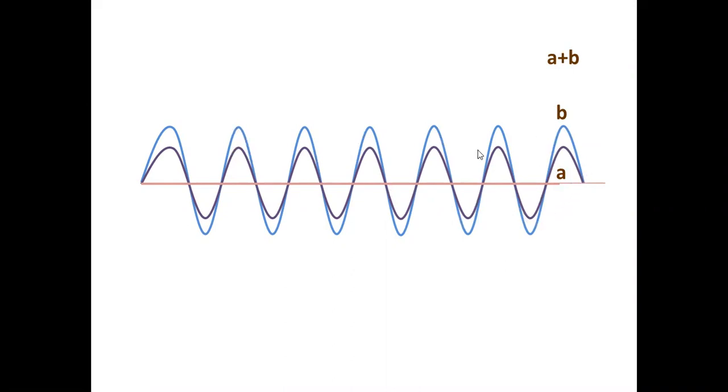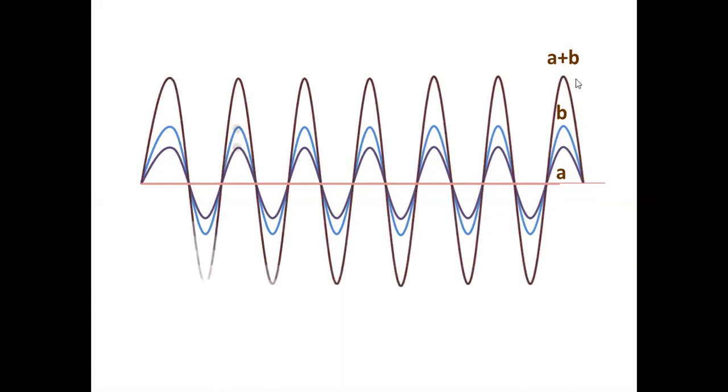Suppose a water ripple is formed in water like this. Another water ripple at the same time comes like this. You are putting a stick inside water and moving it up and down, say. It produces one ripple. Another, your friend comes and he also puts a stick at the same point and starts vibrating it. It produces another stronger one. What will you see in that water surface now? You will never see this wave. You will never see this wave also. You will see a resultant wave which has an amplitude of A plus B. Resultant wave will have an amplitude of A plus B, and it will be a stronger wave.